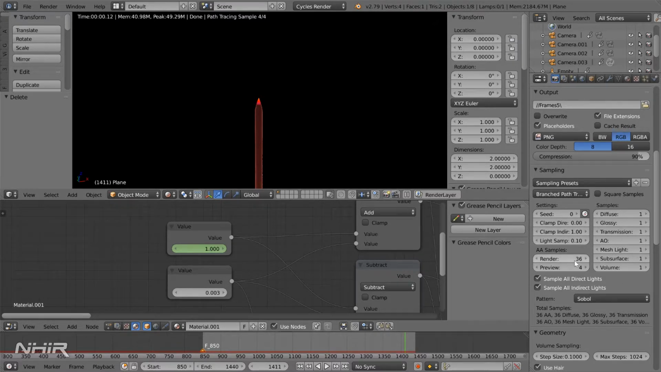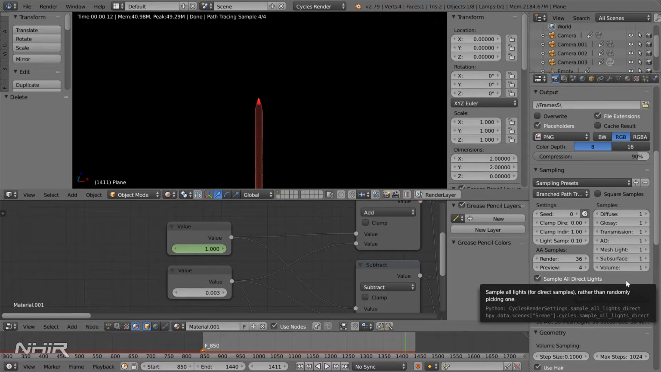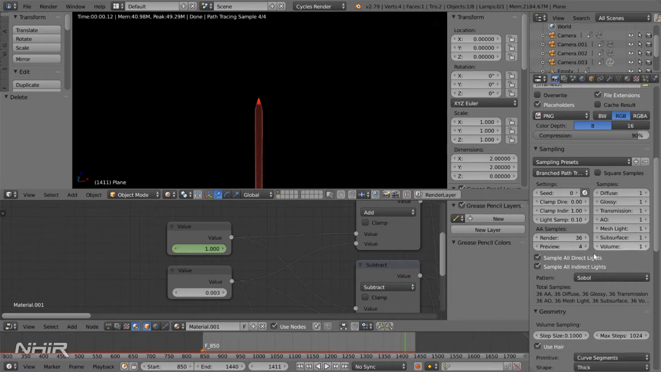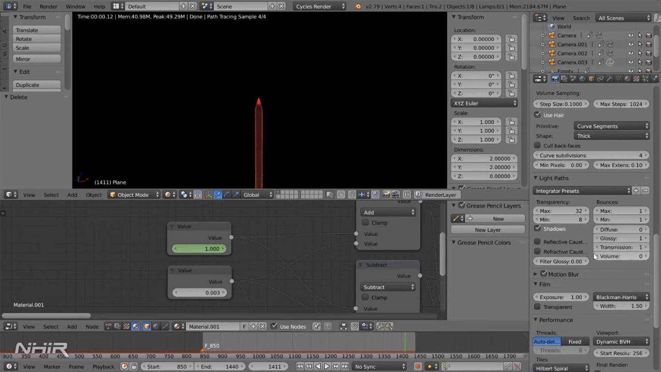Set the AA samples to 36 so that we get a reasonable amount of anti-aliasing in the rendered output. All the samples are set to 1. That's it for sampling. If we scroll down to light paths,